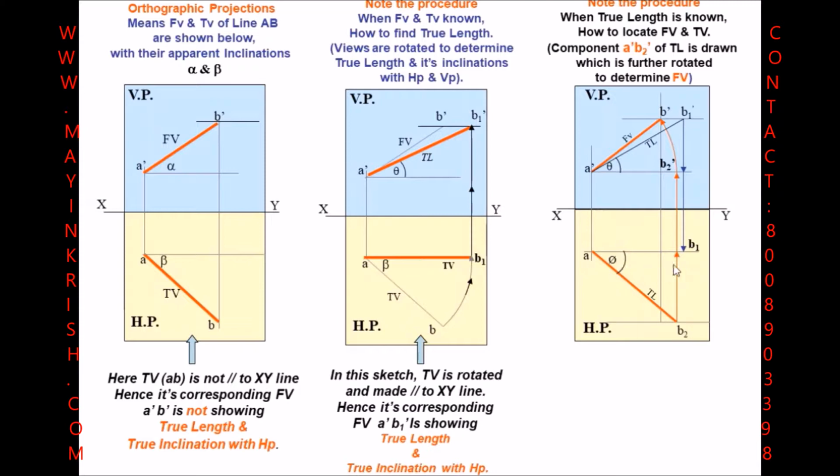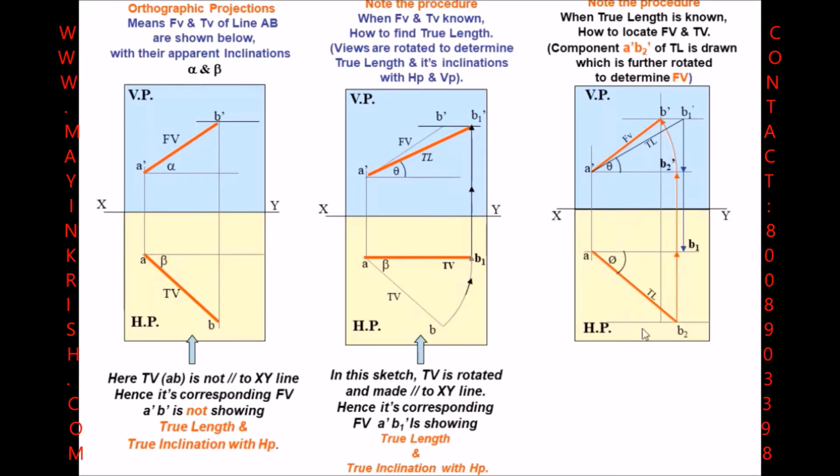In the sense, A B1 is a straight line, which says that as we got the true length in the front view as an incline, then definitely the projection of the front view in the top view has to be a straight line, and it should be the false length itself. Moreover, we don't have any source to place the top view B1 point on this particular line, because B2 is the top view B point which has been inclined with respect to VP,